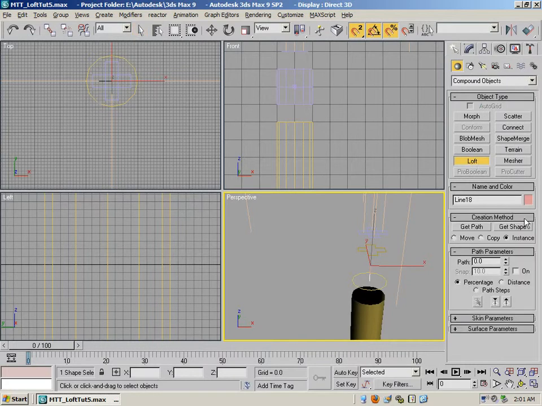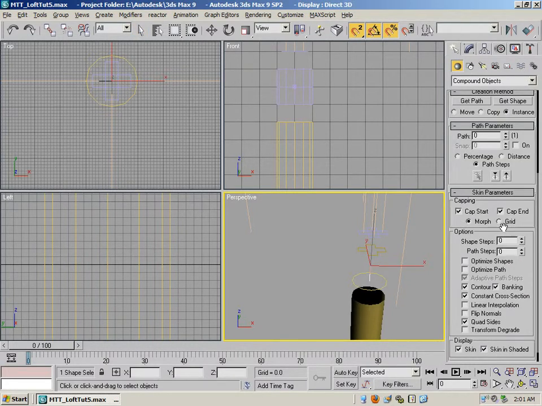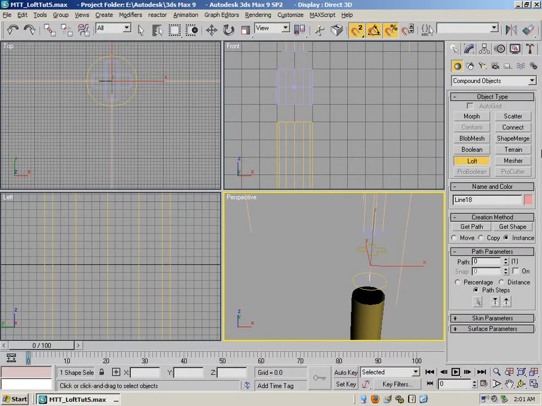So we go over here to the create panel, we go back to loft, and we pick path steps because it doesn't remember any of the settings we just did. I always go to grid and turn these off. I don't need that extra geometry. I can adjust it later if I want it. I go to Get Shape after I minimize this,